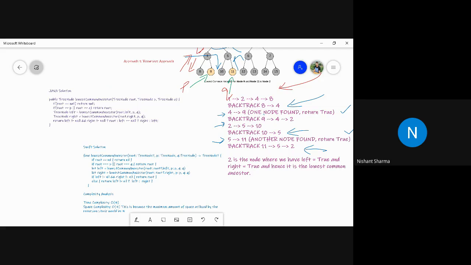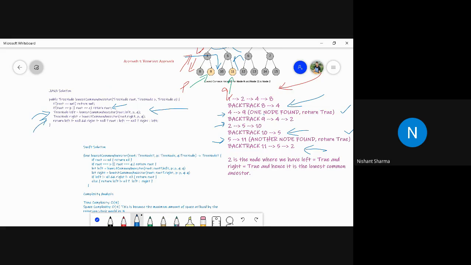So we will try to traverse in our left tree first. If we do not find it, then we basically pop and try to go in the right tree. So that should be our logic. So what we did is we called the recursion with the left tree first. If we find any node, then we will have this left node. So basically whenever we find P and Q, we will come back and go for the right again. So we will always have this left and right as a parent node.